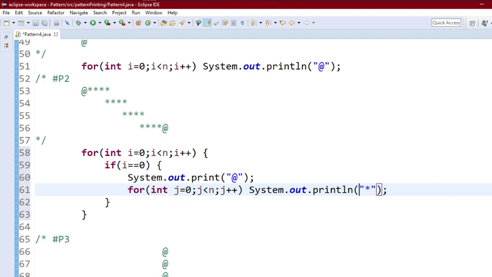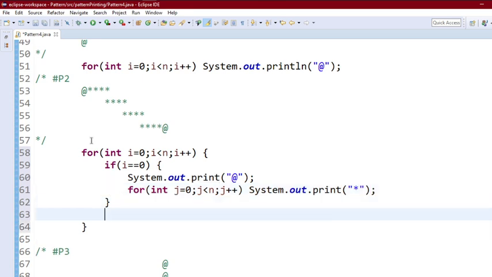And after printing the star, we have to make sure that we are not changing our line every time we print the star. So remove the ln from here. And after printing the first row, we will have to change the line. So we will handle this part at the bottom of the for loop.